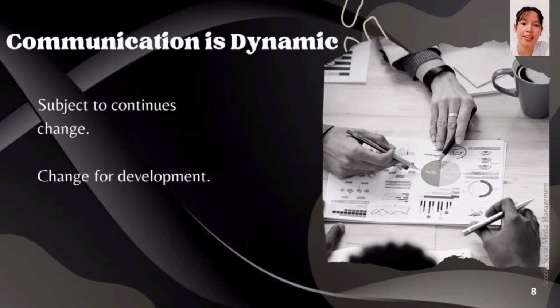Communication is like a world that is subject to change and change for development. In the past, communication was meant for exchanging tangible objects, but now it is meant for exchanging thoughts, emotions, or feelings towards someone. Then we also have an example just like Xerox. It is a photocopying machine, but now it is meant as an act of photocopying something.